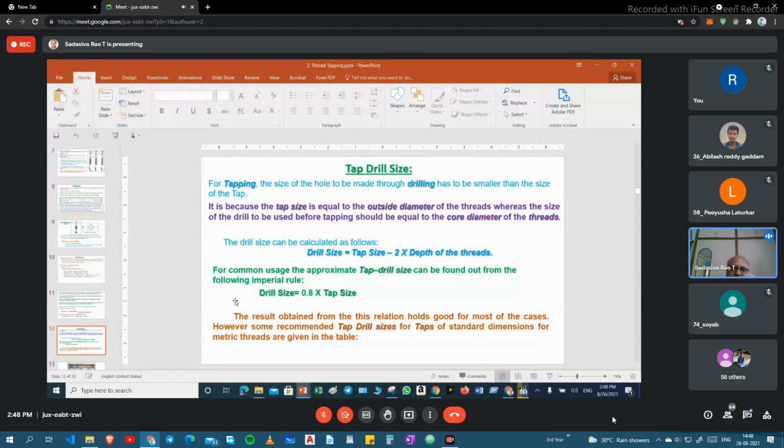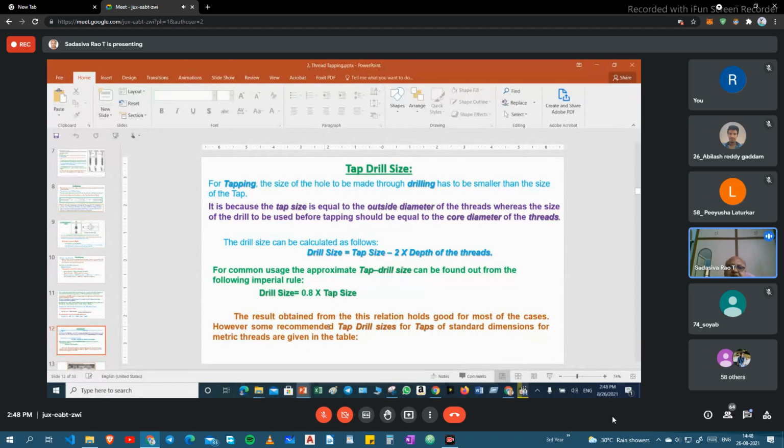This formula you remember, and you write this in the record also. I think he explained this formula only in the practical: drill size equals 0.8 into tap size. For information's sake I will send this, but you can take this. The result obtained from this relation holds good for most of the cases.